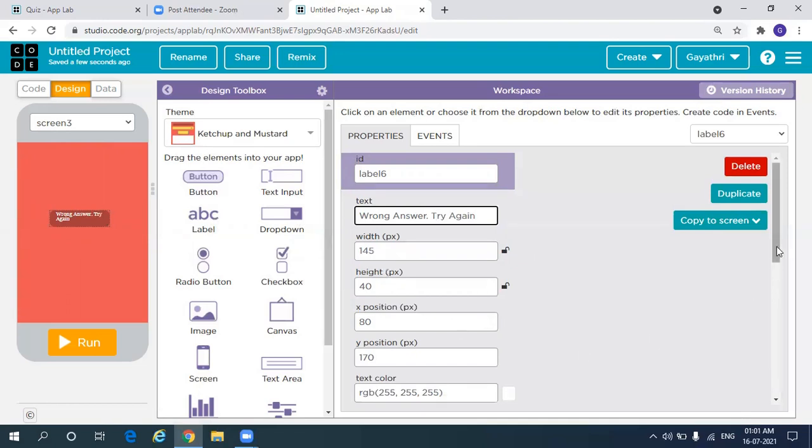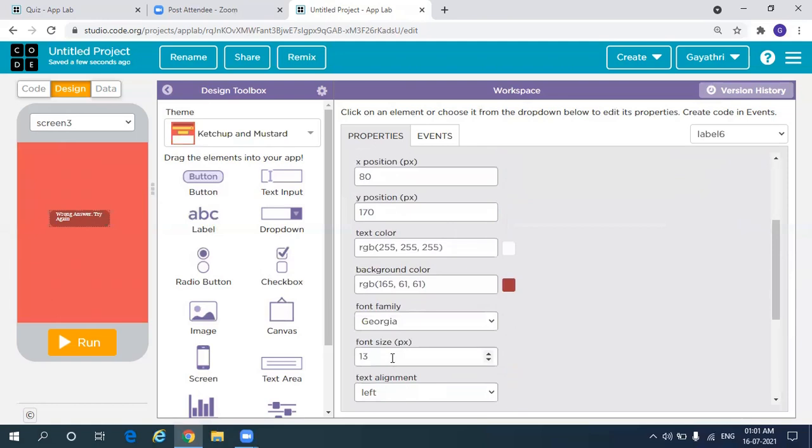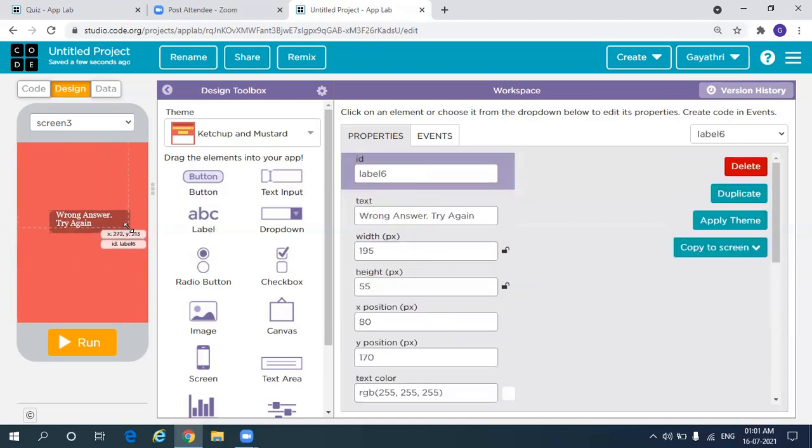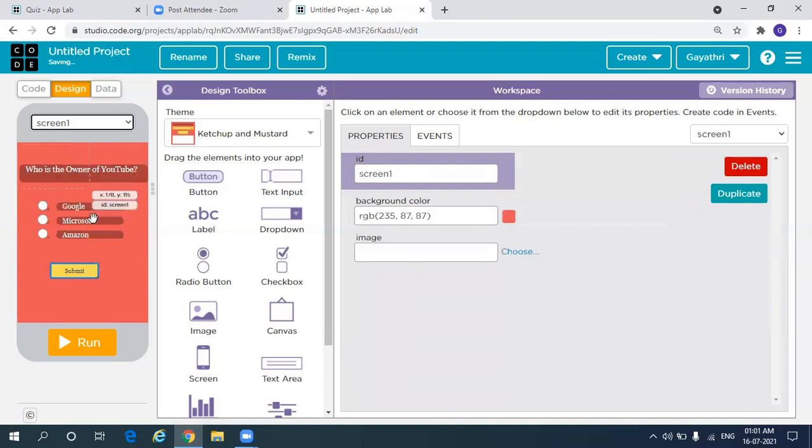Okay, then we'll change the font size. Okay, we have our screens ready. We have our question ready. Now we'll design the backend.